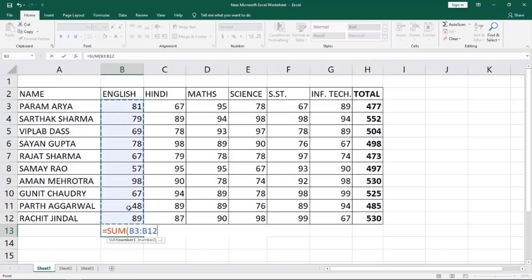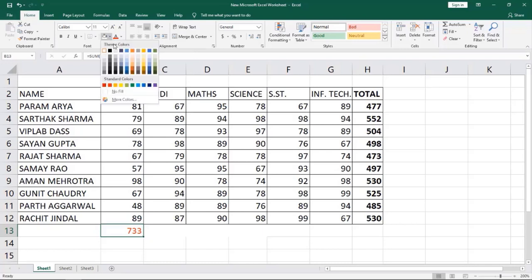I select it, bracket close, enter. So this is our formula. Now here I am formatting using the fill color.